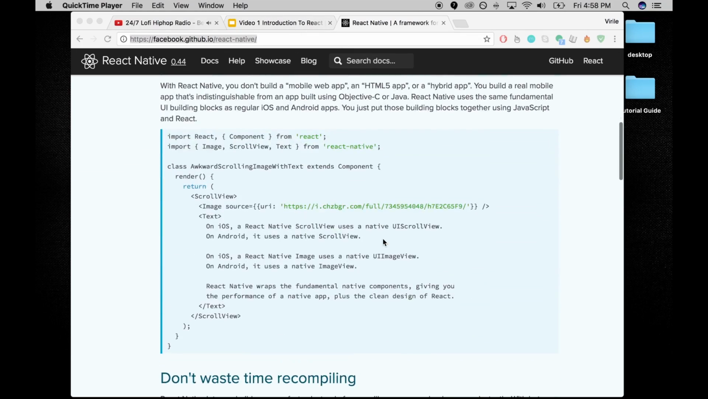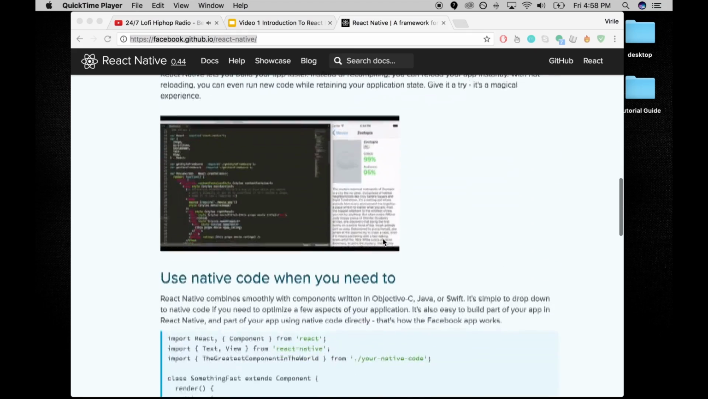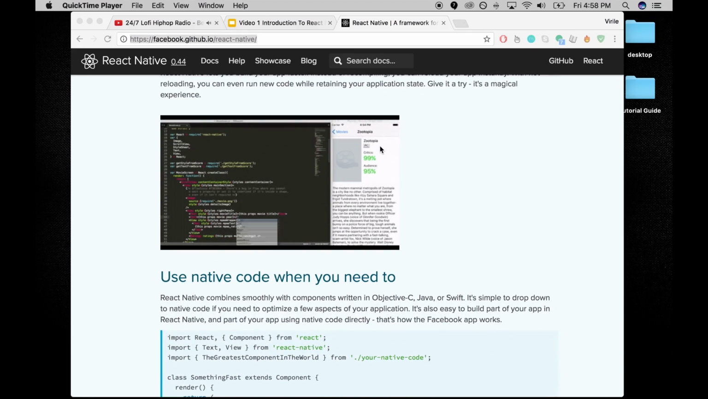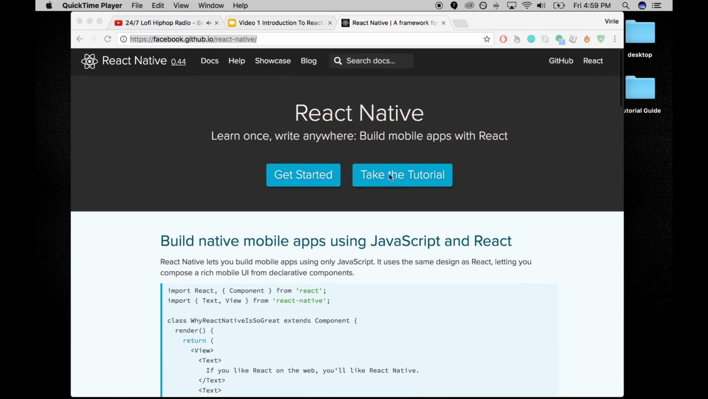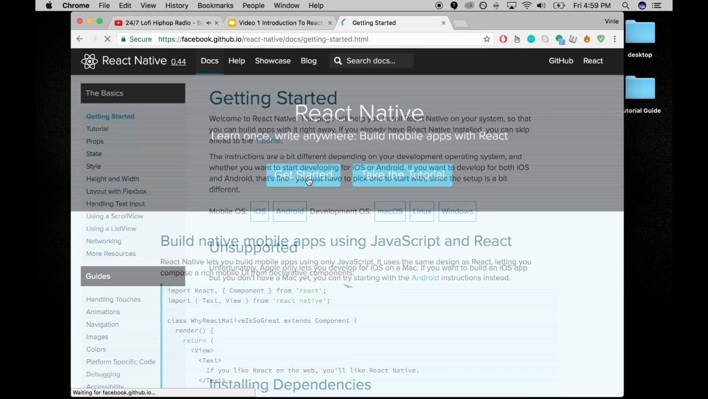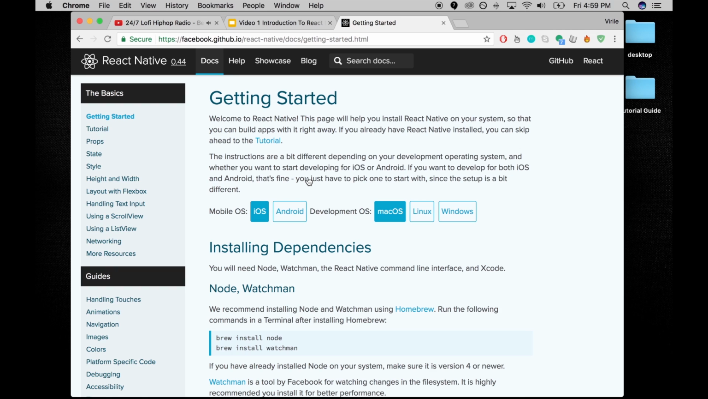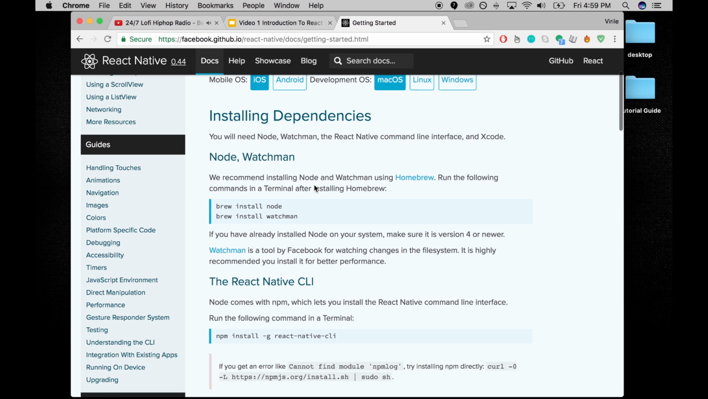My name is Samuel. I'll be your host on this whole journey and I will guide you to getting your React Native application up and running in no time. As you can see here, this is the Facebook github.io/React Native page. Now, quick notes, it takes a little bit longer on Windows to set up than Mac, and